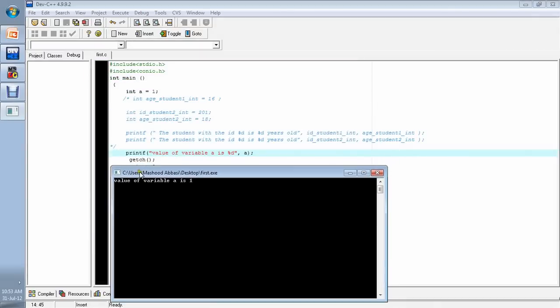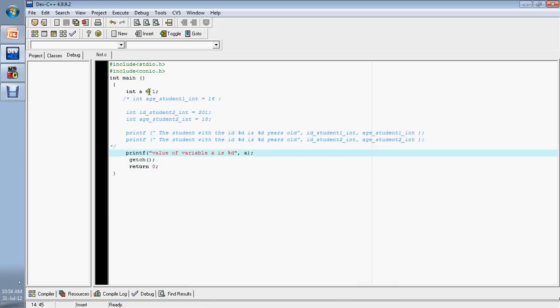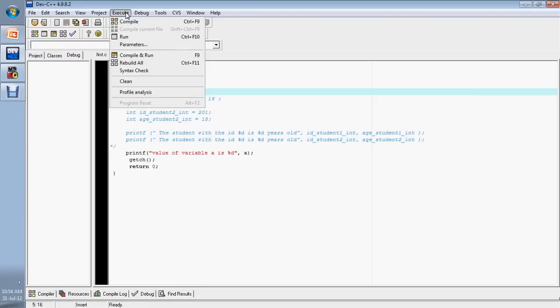See, we have written here value of variable a is percentage %d, and here we write the name of this variable a. So the value of a is 1. Here it displays the value 1. This is the use of the format specifier. If you specify here the value 90,